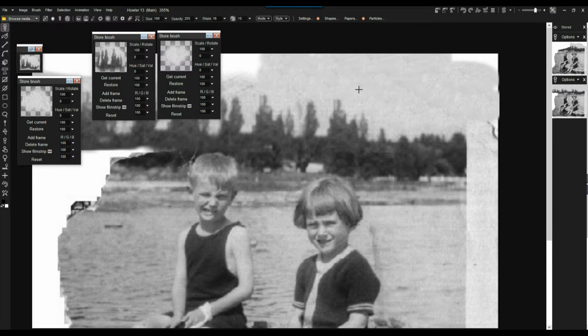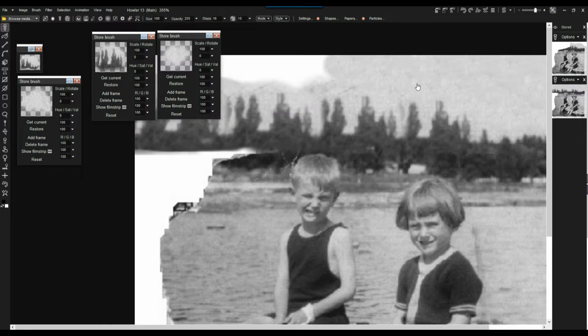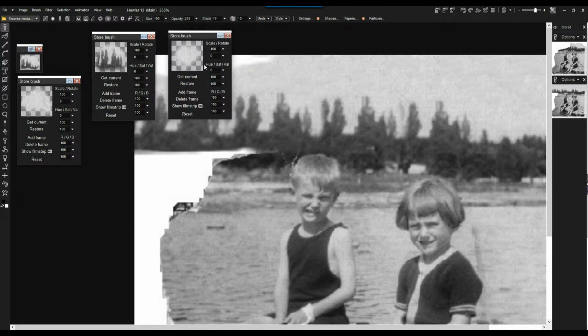And the more you have fluffiness on the edges, softness, the more it'll be difficult to see the transition. But you can also use this now to even hide some of the trees, right? So you could, for instance, say, well, I want some vertical trees gone here, but I need to rotate it. So that's why we have this stored brush. So you can use the scale rotate commands. You could say rotate it this way, so it's a little bit more in a vertical orientation, and then you